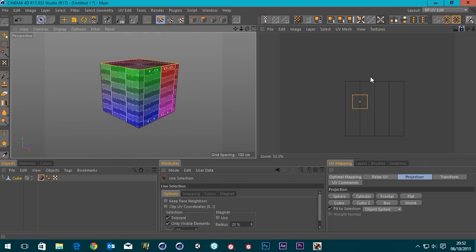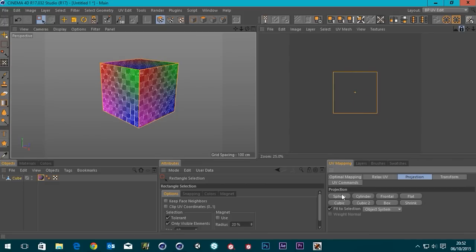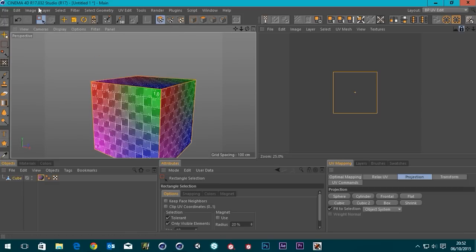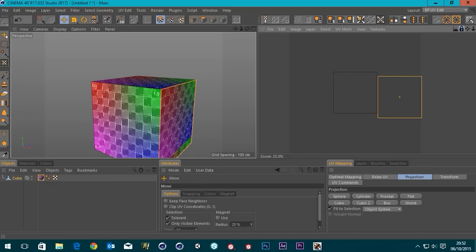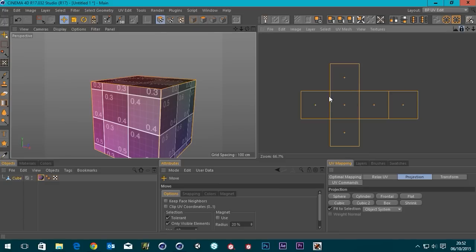Anyway, so if we wanted to unwrap this, the shape in itself is quite simple, really, because all we'd have to do here is go to projection and choose one of them. Because it's a cube, it's safe to say we could choose cubic. Now, this is what we had before. All of the polygons here are overlapped, so they're sitting one on top of each other. So we Control A, select them all again, and pick cubic 2. It unfolds it out in this kind of cross shape,